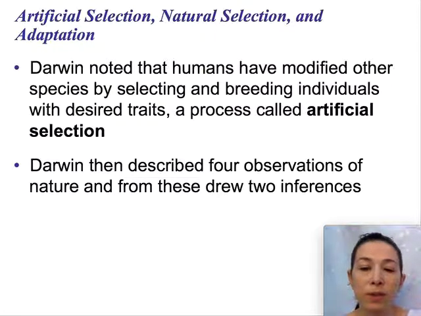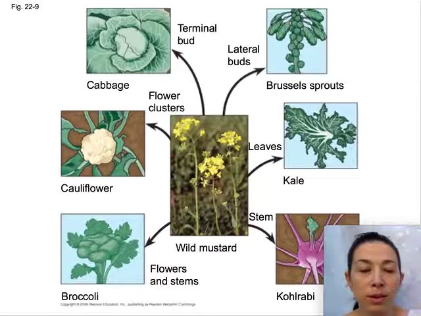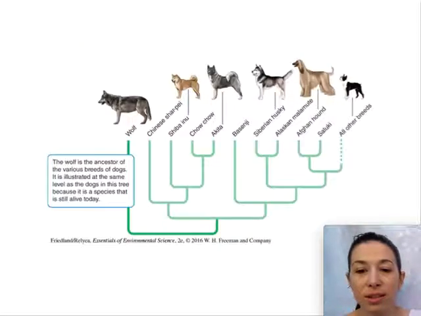So we've artificially selected a lot of plants to eat, right? One example is wild mustard, which gave rise to all of these different plants that some of us enjoy eating, right? Kale. And another example of artificial selection is dogs. All dogs were bred by humans from wolves, which were the common ancestor, and we've bred them to be